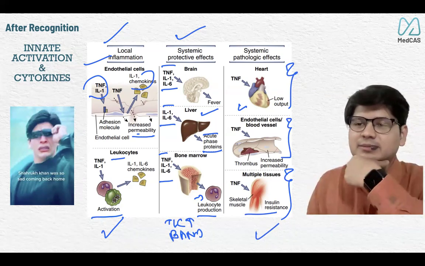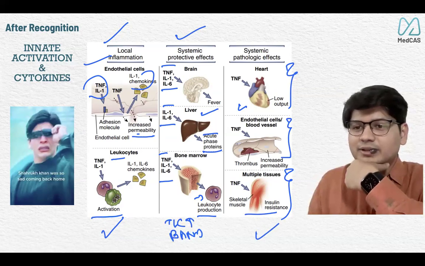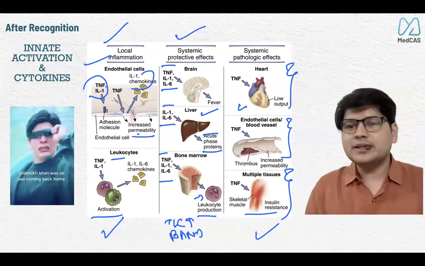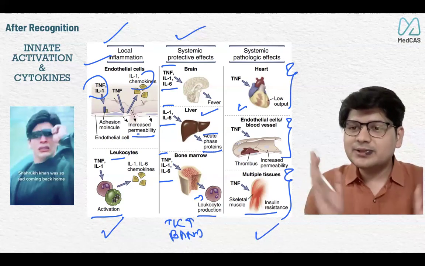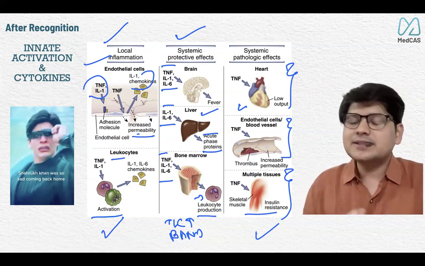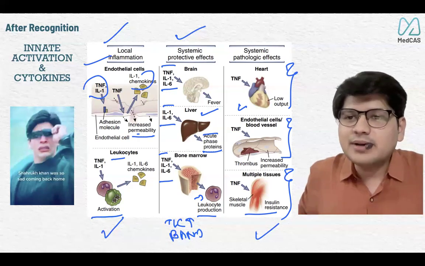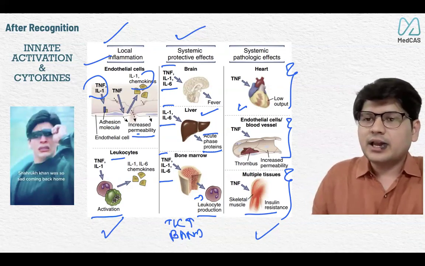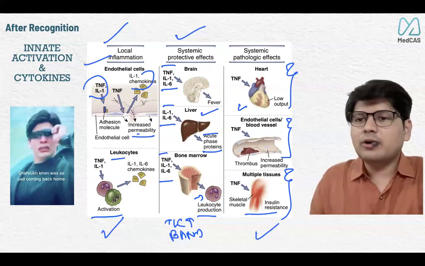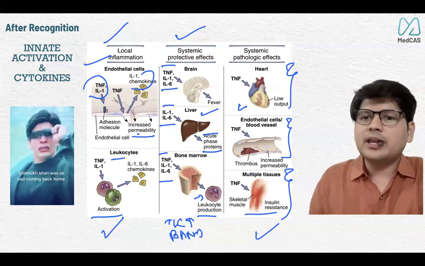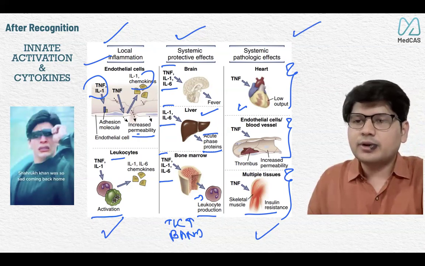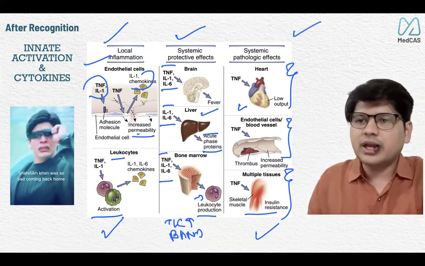And some people will ask me, is it really required to know all this? I'm not sure about the answer, but I would always like to know what I'm treating and how things are happening, because sometimes it does not match. That's when you make a difference. You know there is something problematic, it does not look classical, and then we have to keep thinking what could have gone wrong, and we can actually help the patient, right? So this is what we see in clinic as the total result of innate immune activation.